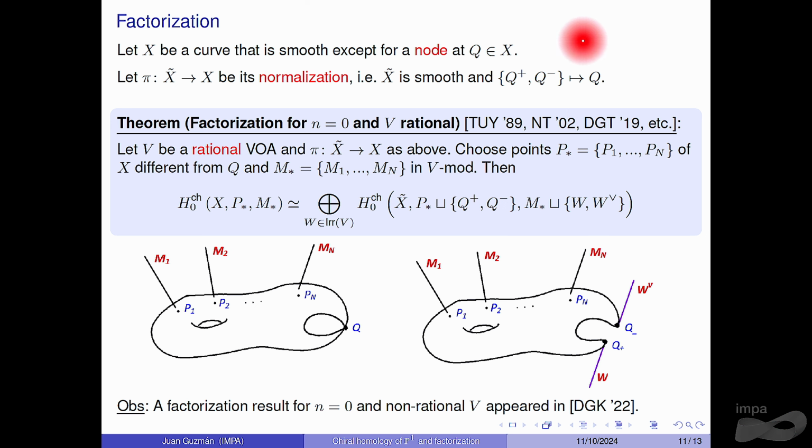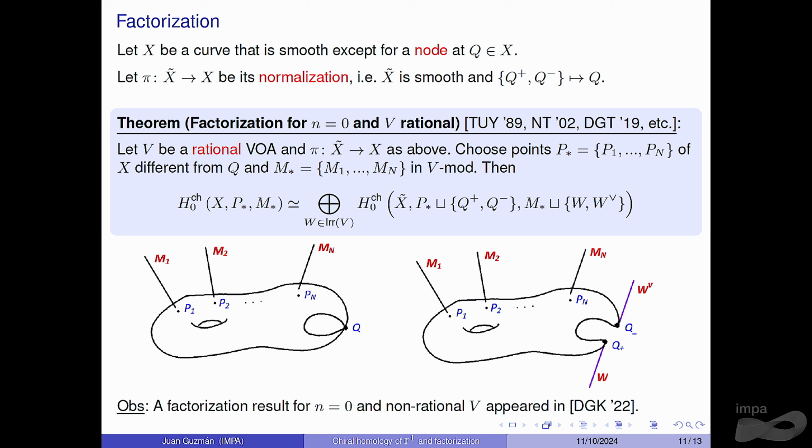But say you assume that the VOA is rational, and you want to prove something for H0 chiral, right? So you have all of these things that I mentioned before, but now you have a Q, you have a node somewhere. So if you want to compute the chiral homology in this side of the thing, this theorem tells you, okay, you can go to the normalization, which gives you 2 points, and now you will introduce inside of each one of those points some